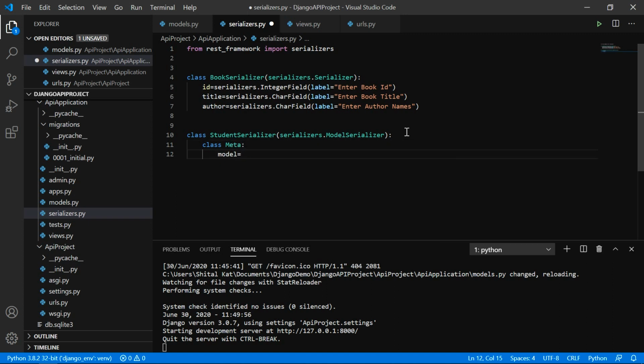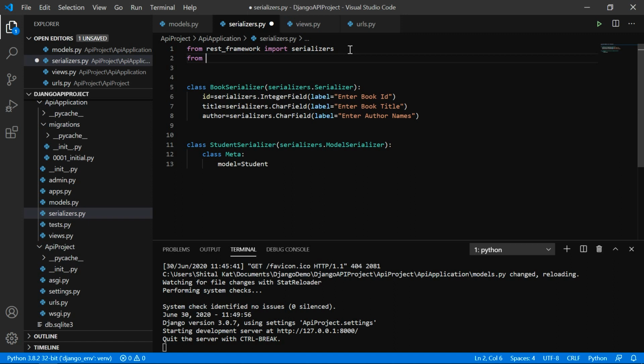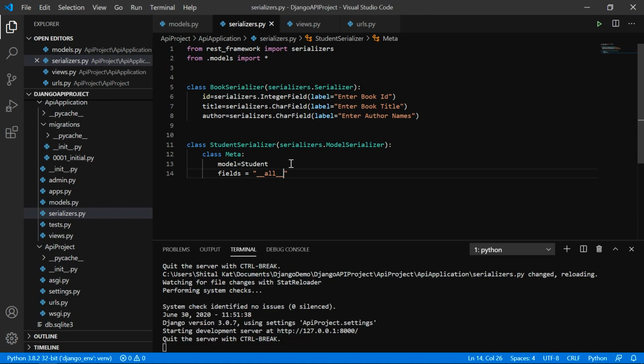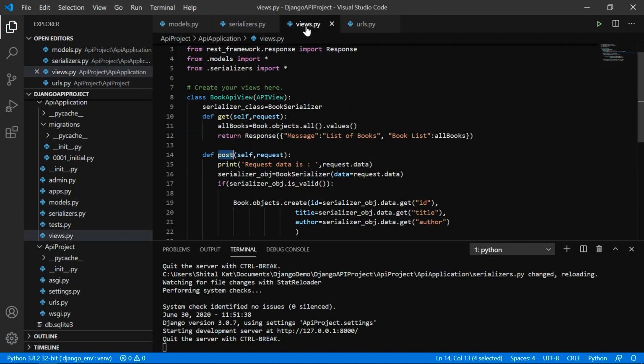Then we'll link the student model class so serializer will know the corresponding model class for it. And we automatically fetch all the fields which are there in student table. With this, we are done with our second step. We will move to the next step.